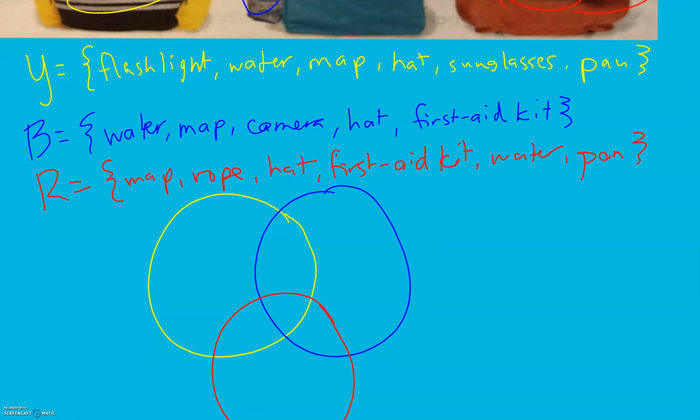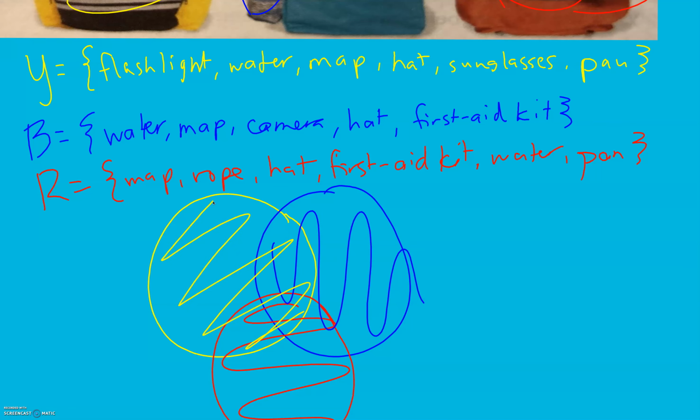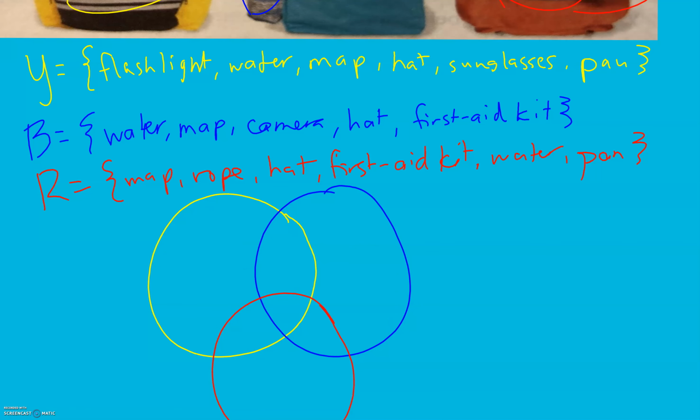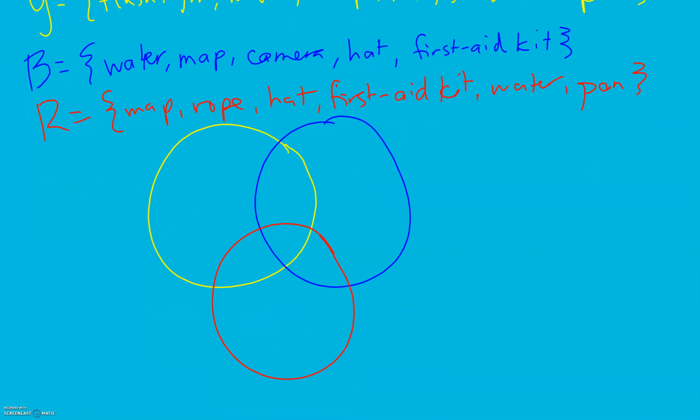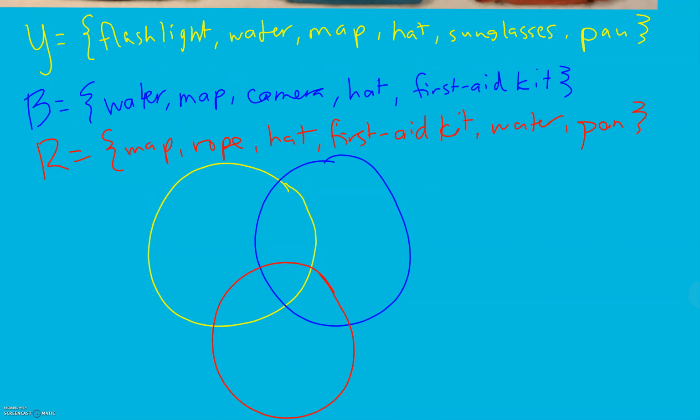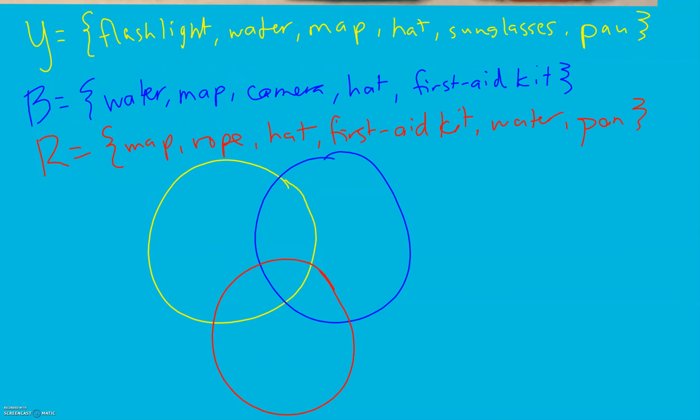Keep in mind that everything inside the red circle is part of the red. Everything inside of the blue circle is part of the blue. And everything inside of the yellow circle is in the yellow. So in the middle section here, for example, we have things that are all red, yellow, and blue. This section here is just blue and yellow. This section is red and yellow. So those are some options we have for things where they overlap. And so we're only going to write each item one time, exactly once, in the spot that makes it true for each